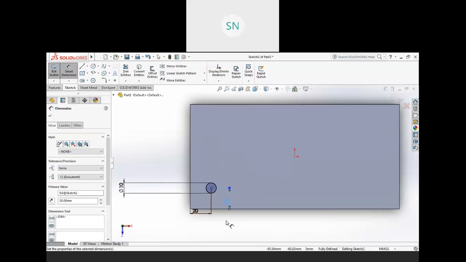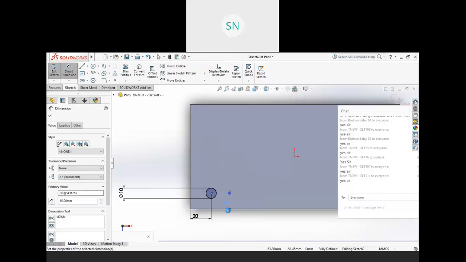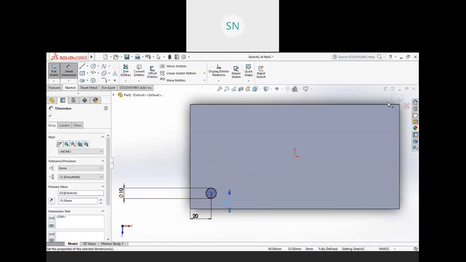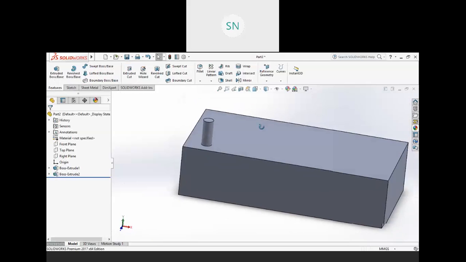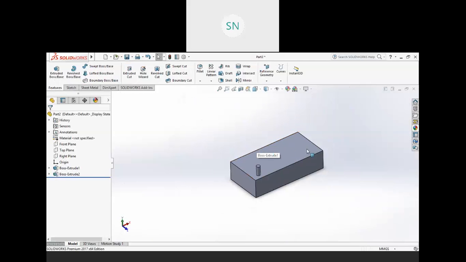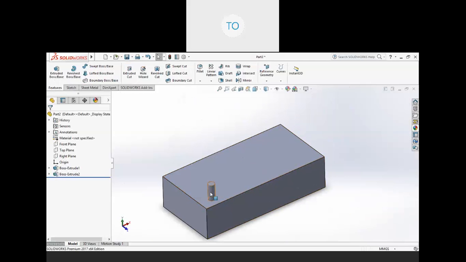So this is 20, and let me take this as 15, so we have a different value, and 10 diameter, and whatever height we have, right? So here we have a fully defined geometry. Now go to the patterns, go to the variable pattern.